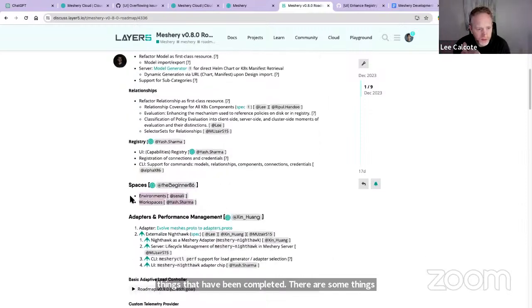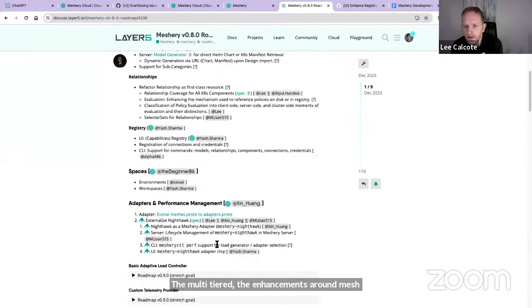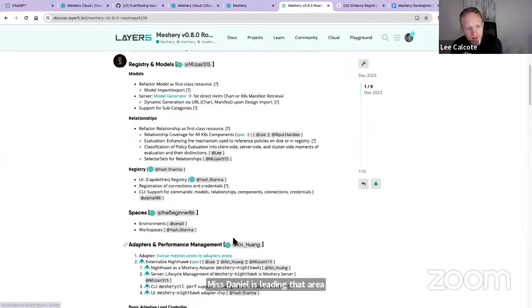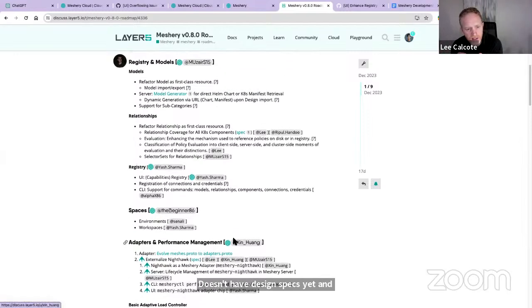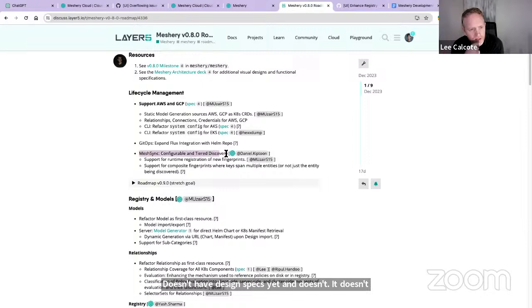The multi-tiered enhancements around MeshSync, Miss Daniel is leading that area and doesn't have design specs yet, and it doesn't look like he's going to make it. So there may be some things we need to discuss cutting from the release.